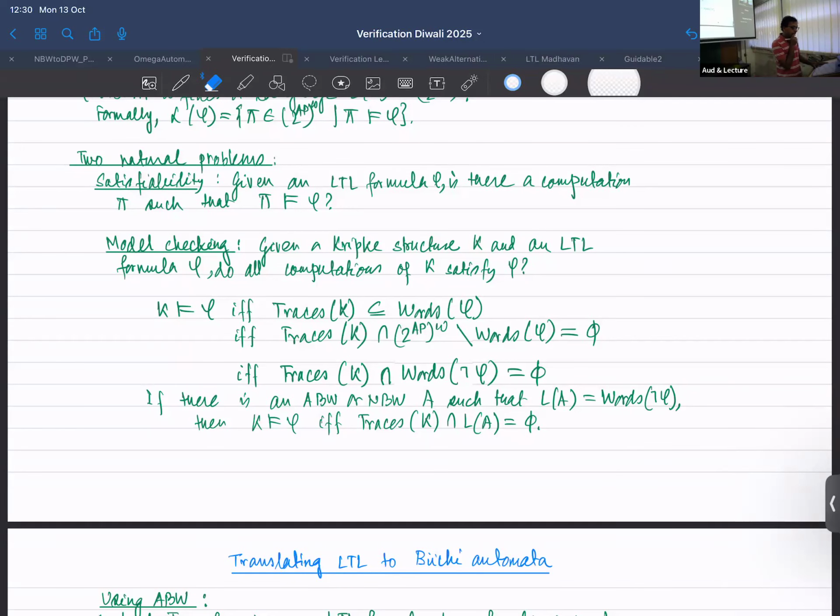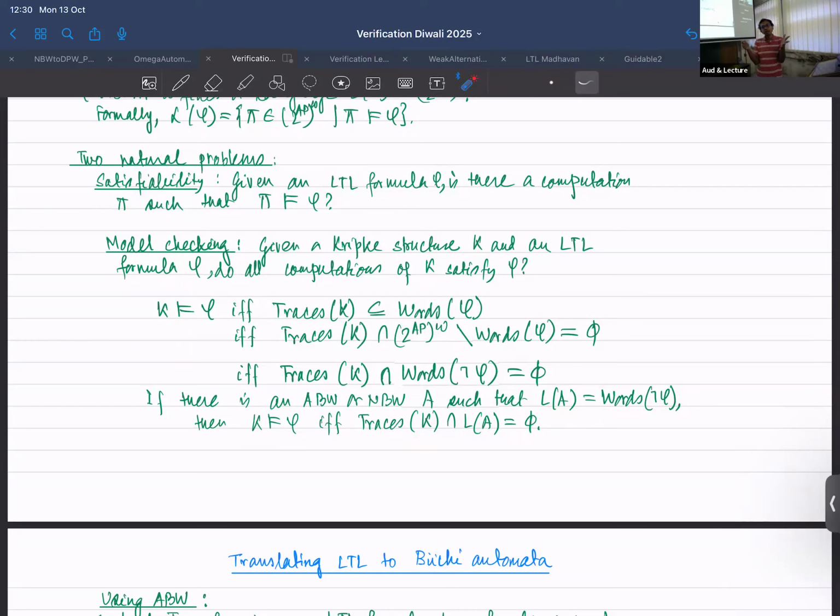Now what we are saying is that if we can construct an automaton whose language is exactly the set of words which satisfy the formula negation of phi, suppose that automaton is A, so the language of A is the set of words which satisfy negation of phi, then K, the Kripke structure, satisfies phi if and only if the traces of K